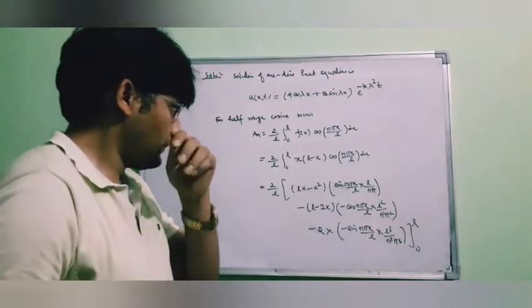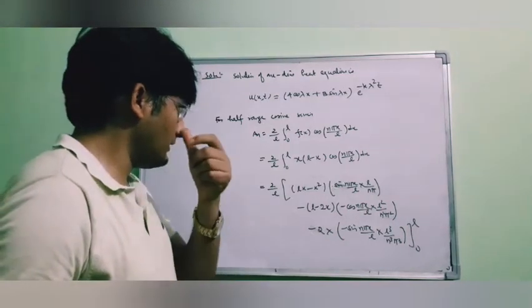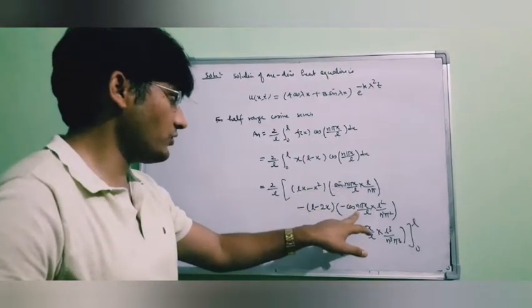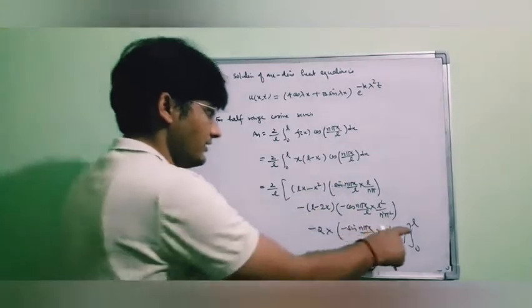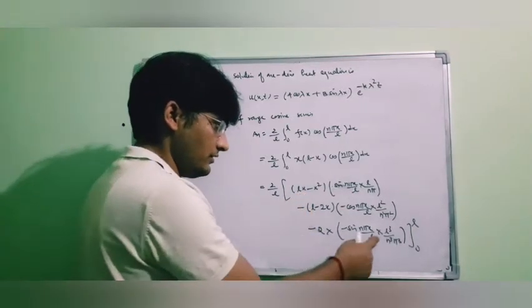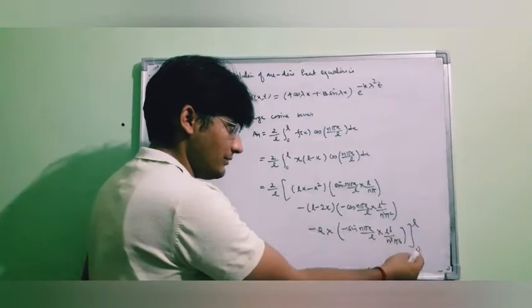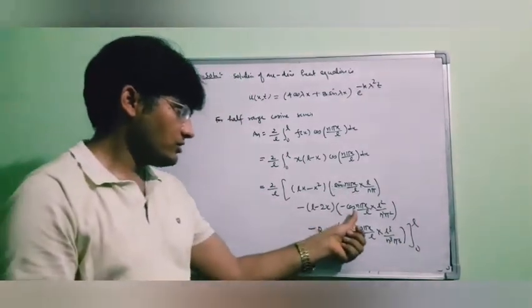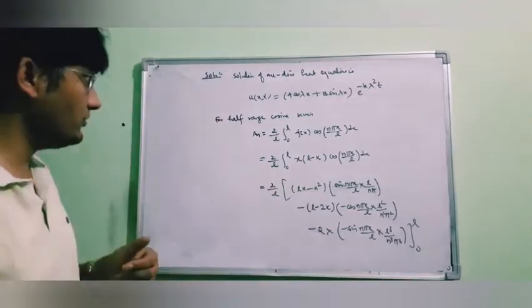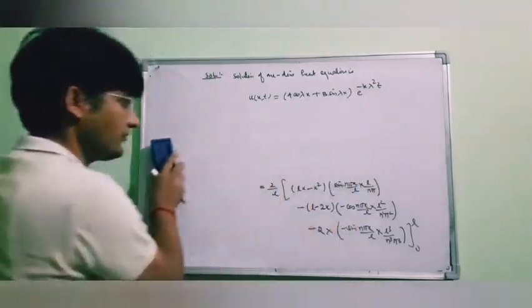Integration of cos will be your sin, and then integration of sin will be minus cos, and integration of cos will be sin. Now here you can see that the upper limit and lower limit for this term are 0. This term will vanish for both limits. Now only this term will exist for both the limits. Therefore